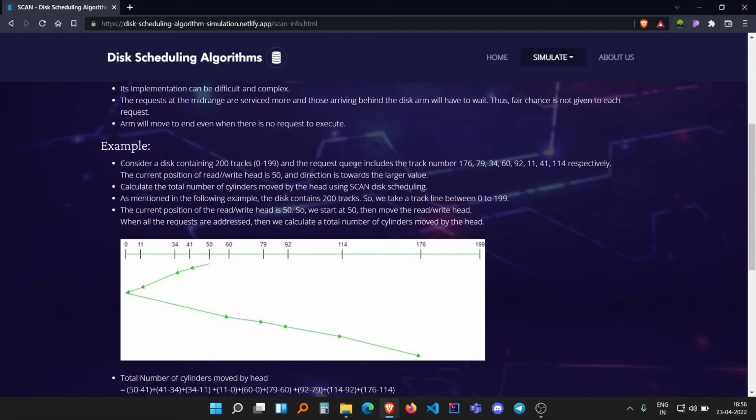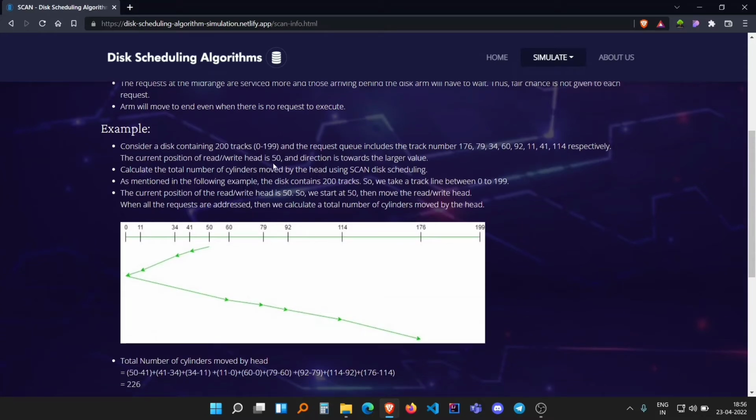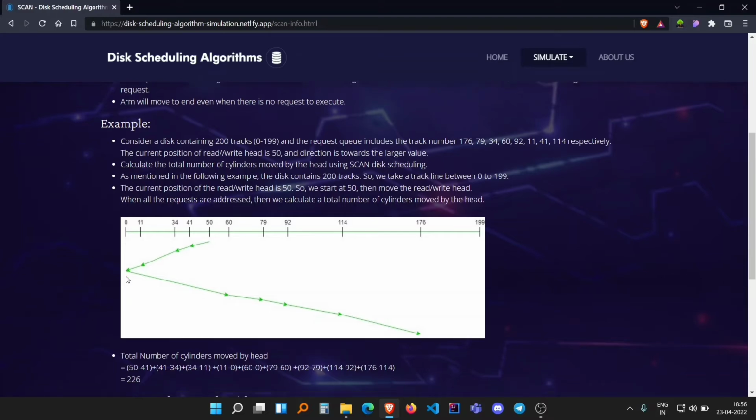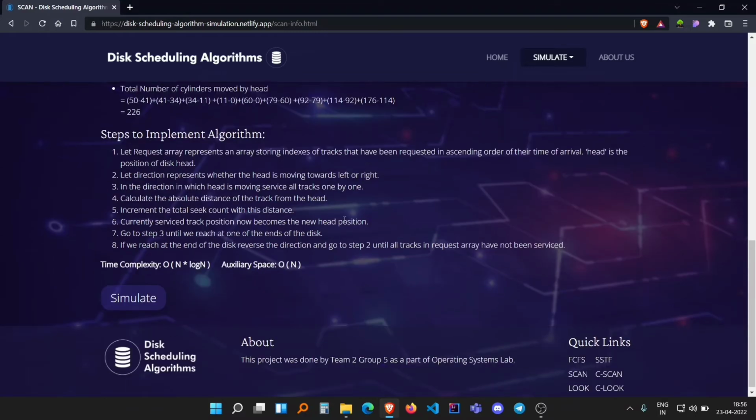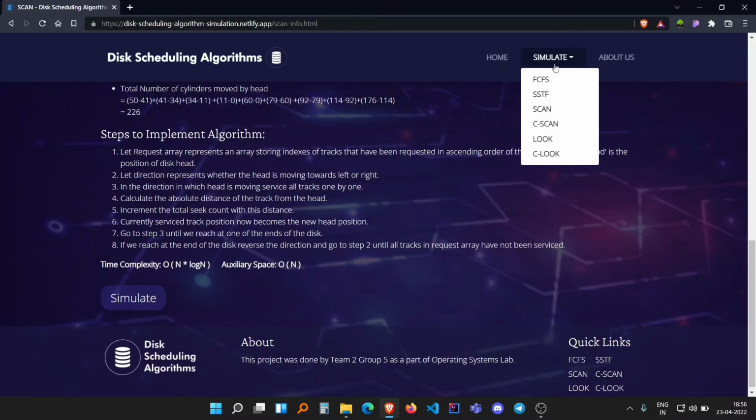So if we try to understand this through an example, if our head is at 50 and we have a request sequence such as 176, 79, 34, 60, 92, 111, 41, 114, then it will start from 50 and move towards one of the ends, and when it reaches the end, it will reverse its direction and move towards the other end. So the time complexity of this algorithm is big O of n log n, and we can simulate it through